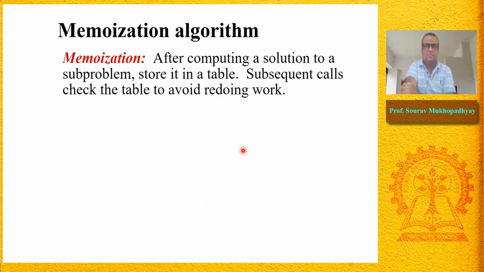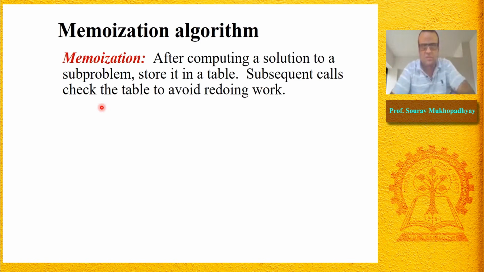Let us do the memoization algorithm. The idea is, once we compute this C value, we just do not recompute it; we check whether it is computed or not, and then we store it into the table. Once we compute some values of C, we store them into the table, and in the subsequent call we first check the table whether it is there or not. If it is there, we will use that, avoiding the